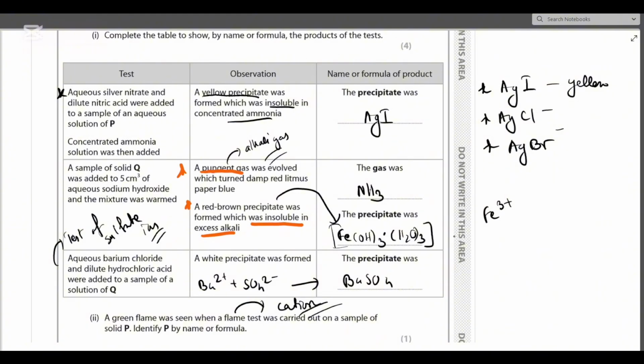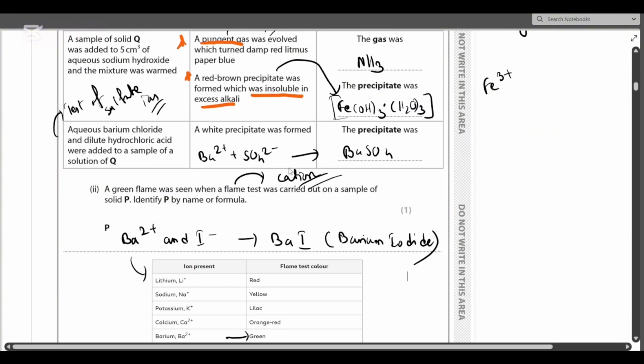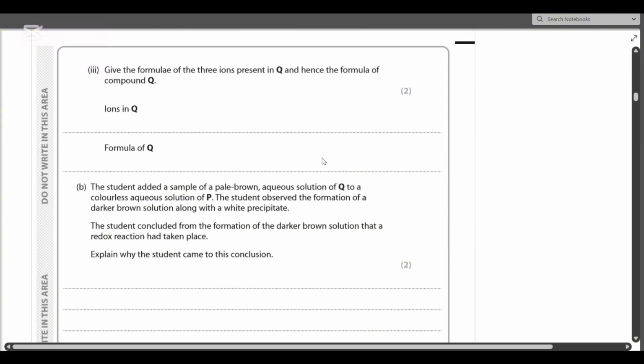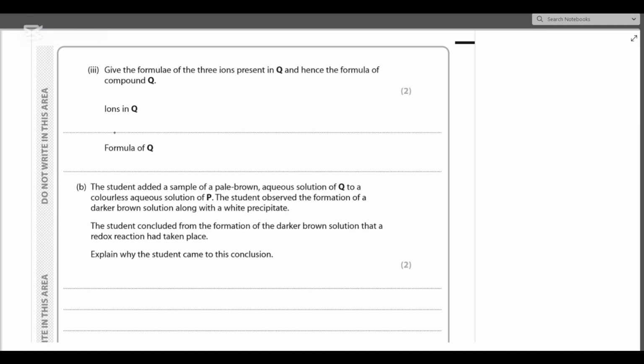So we can say that the three ions, the one cation and two anions, that were present in Q were Fe3+, NH4+, the ammonium ions, and of course, last but not the least, the sulfate ions. So using these ions, we can now formulate the formula of Q, which is nothing but